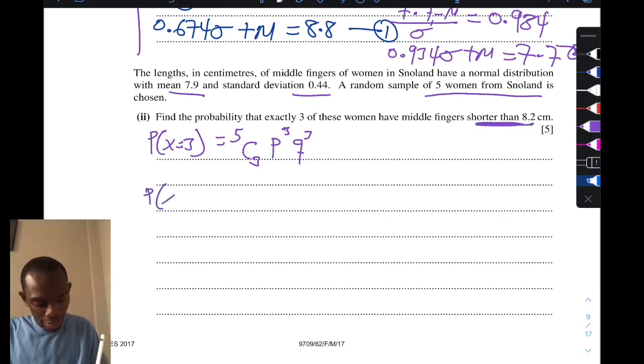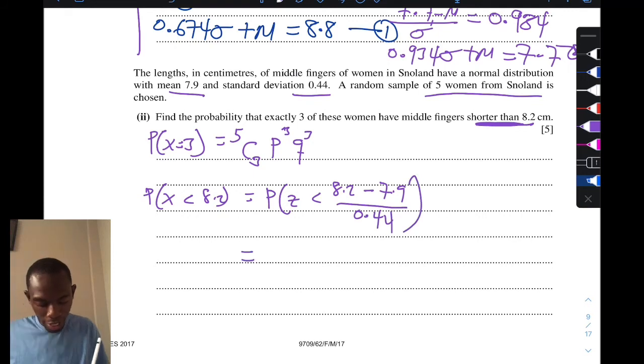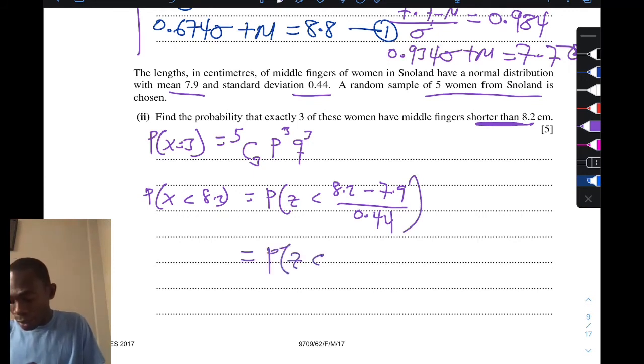So probability of x is less than 8.2 will be equal to the probability of z is less than 8.2 minus 7.9 divided by 0.44. Okay, so z is less than 8.2 minus 7.9 divided by 0.44, and that will give us